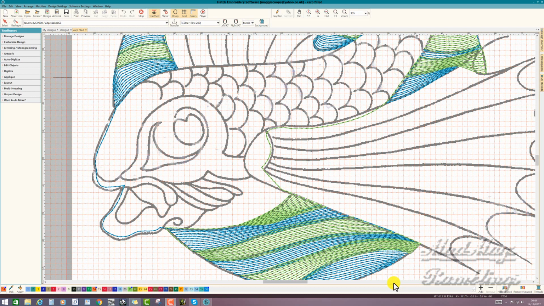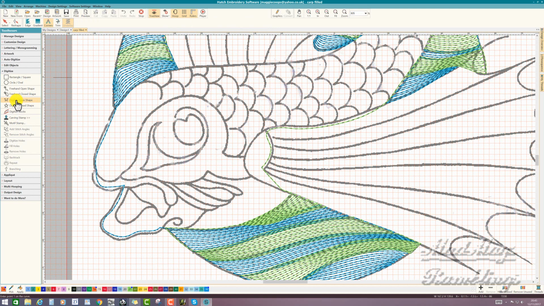Now I'm going to make the motif. If you're a Janome version 5 user, you will find your Create Motif in the Advanced Digitizing toolbox. Hatch users, you will find your Create Motif by hitting Digitize Open Shape,